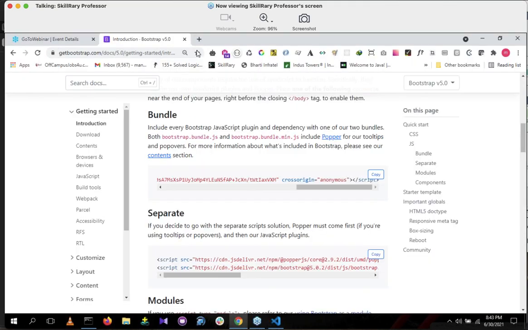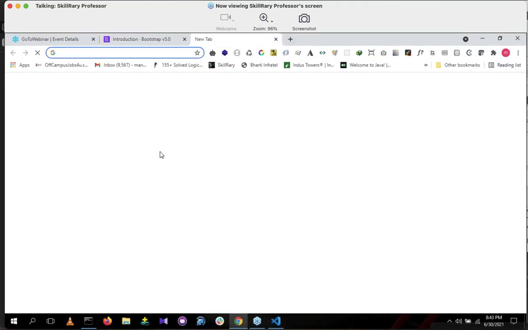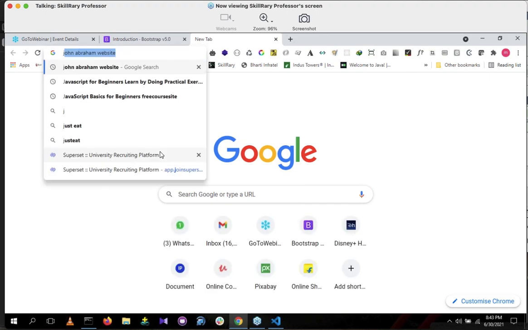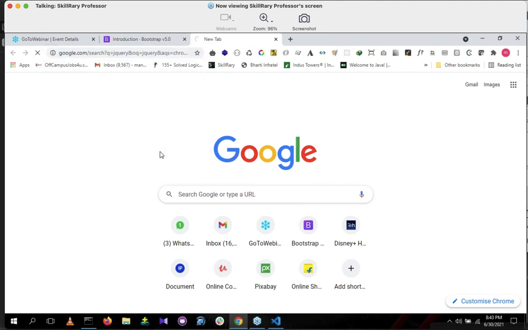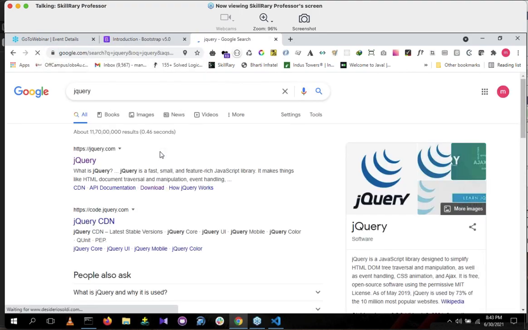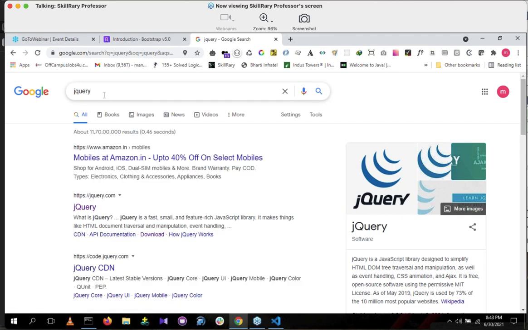And now I want jQuery. How to include jQuery: go to Google, type jQuery and press enter. Everyone went to this jQuery website?